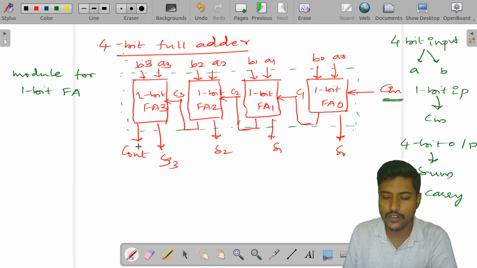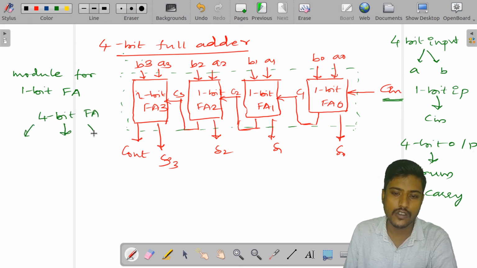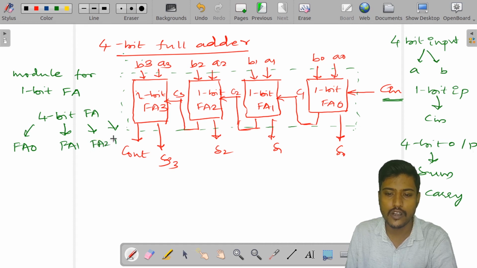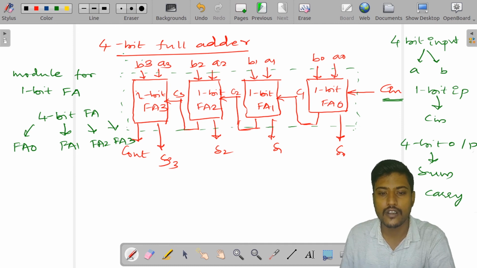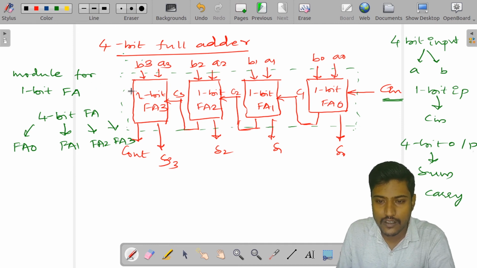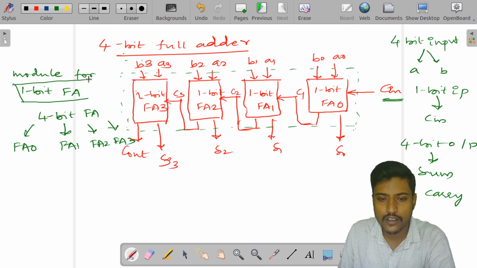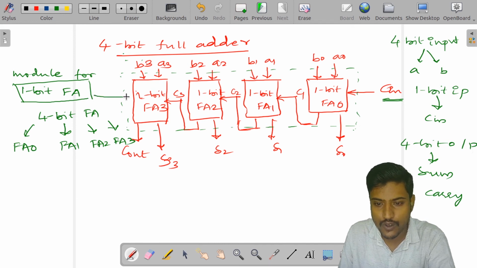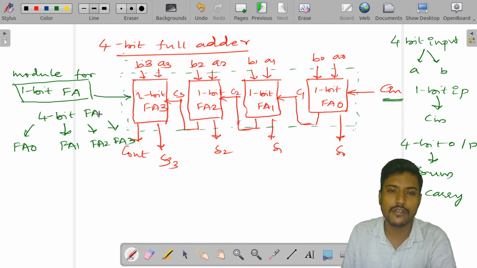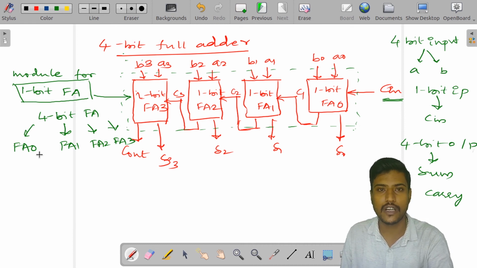Now, if you look at this, if I take a 4-bit full adder, I need 4 different FA0, FA1, FA2 and FA3, same as the previous thing. But for this module we have created for the 1-bit full adder, here we are taking a copy of that so that we can generate this 4-bit full adder.